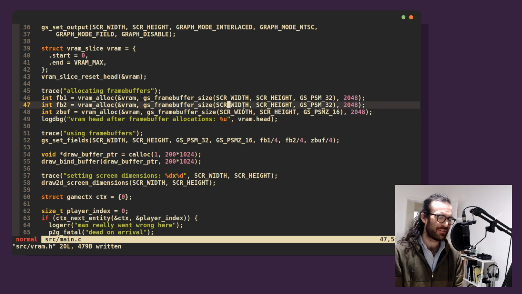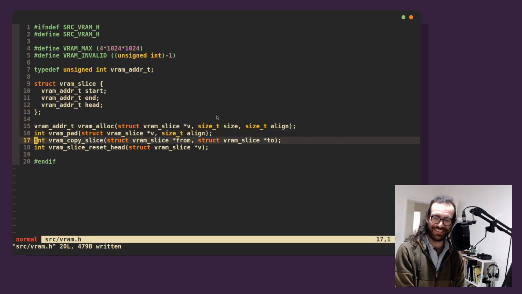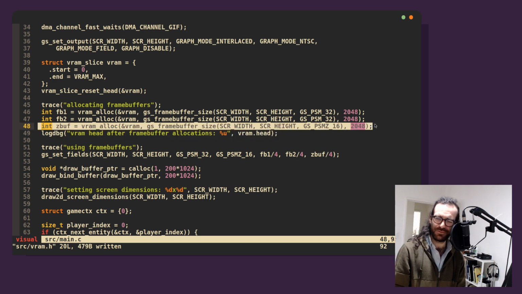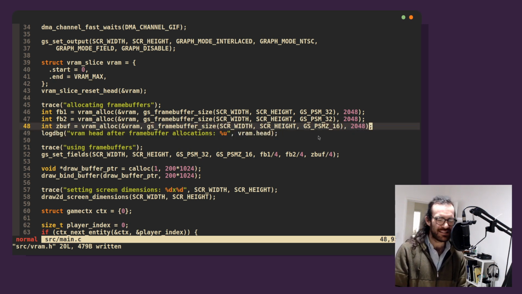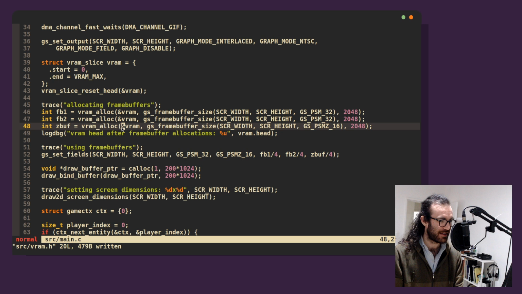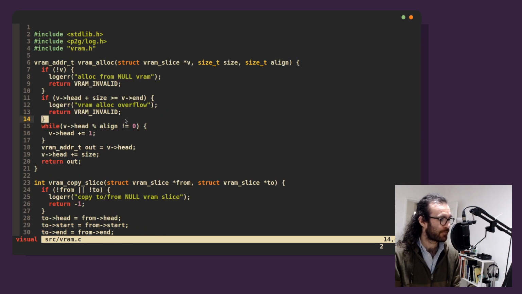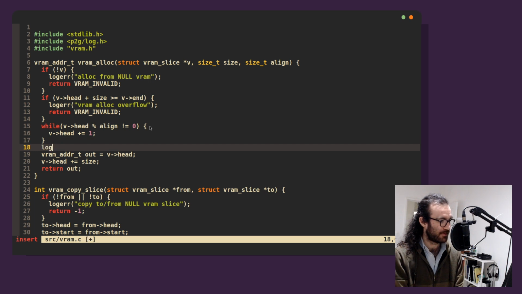Does this mean that we're not actually allocating enough space for this thing? Ugh, that's really annoying. Okay, anyway. Except there's a Z buffer in the way. So really, how are we, unless our Z buffer is not taking up any size? Log debug VRAM alloc. At u